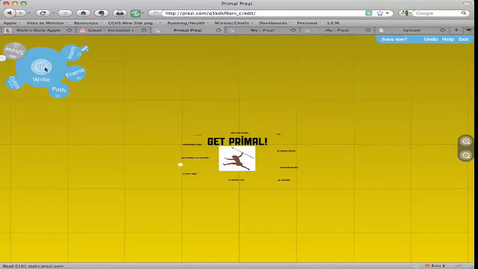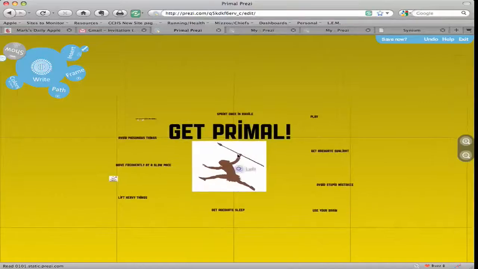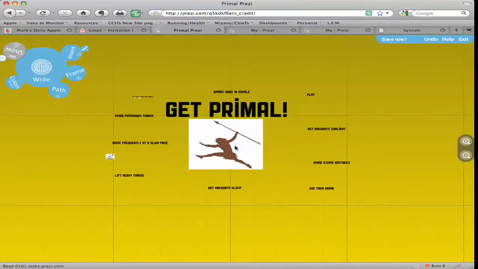And over here you see all the different things that you can do. There are some limitations, but instead of doing a presentation where you go from slide to slide, this easel is your presentation. And just to show you what I'm trying to accomplish here is to kind of connect the tribe, if you will. So I have started a framework for a presentation that I think in time all of us could use to help explain what getting primal is all about.